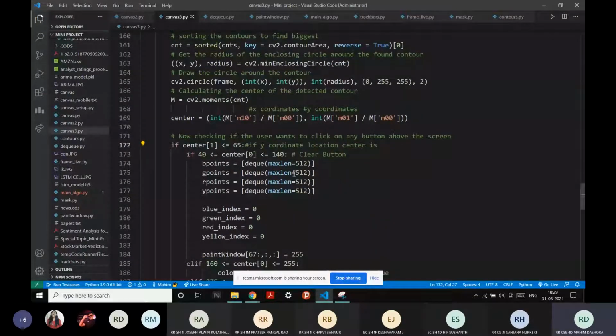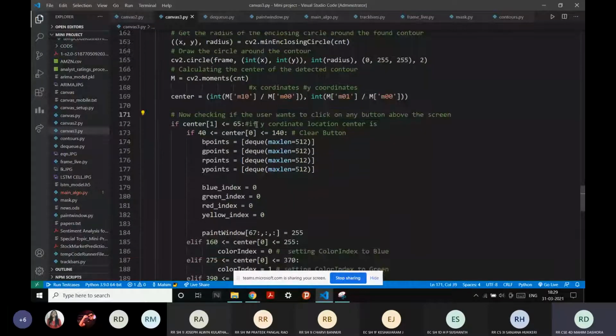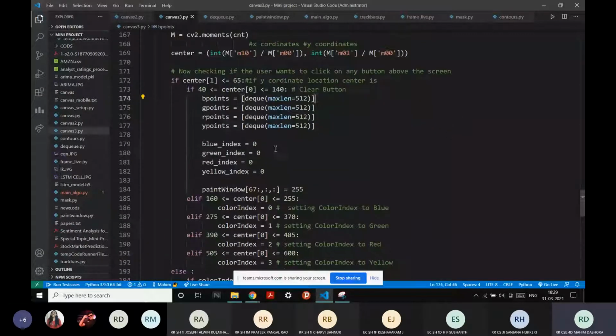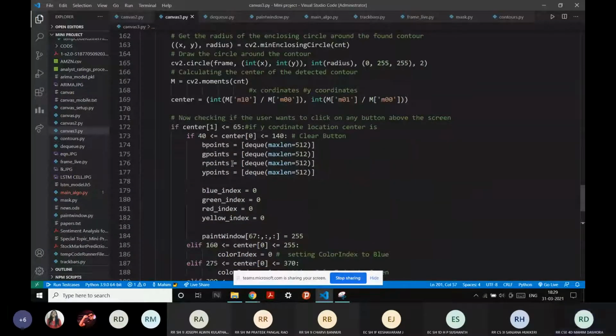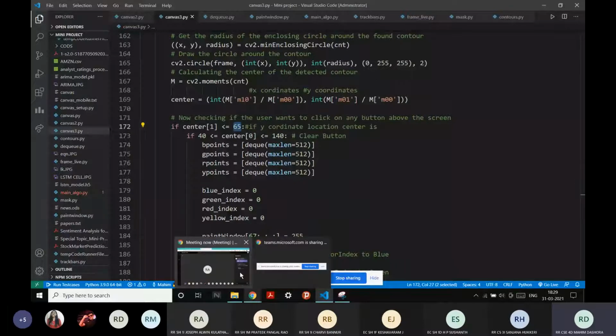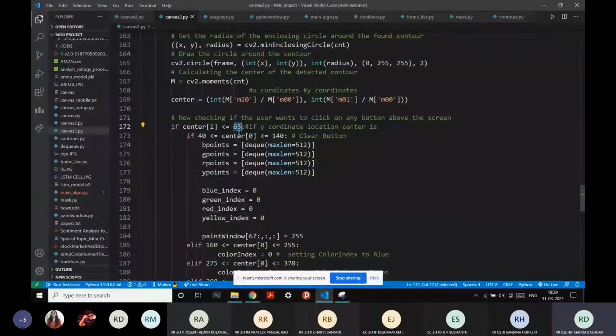Okay, so in this part of the code, in this else, we're just checking if the user wants to click on any button on the screen in this if condition. And in this else condition, we simply mean that we are drawing something. Great. So when we are selecting the button, I'll just tell myself why it is less than or equal to 65.